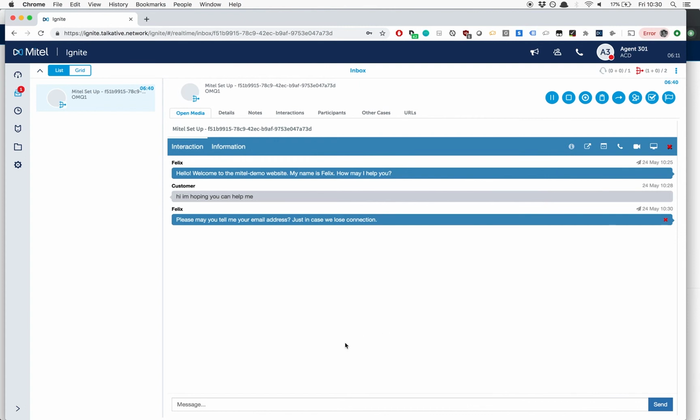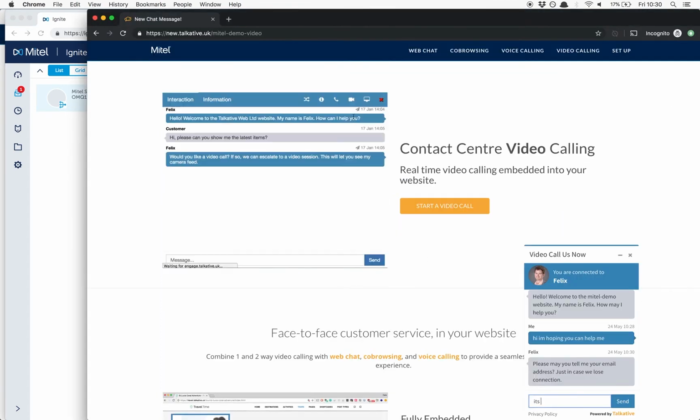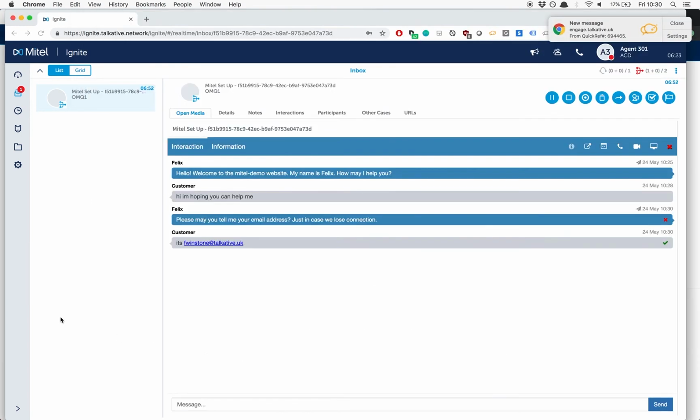So if we want to collect the customer's email, we click that and it will send through this message. Now when the customer responds, we just need to tick that response, and that will automatically save this email address to the interaction record, which is very useful if we're going to be appending this to CRM or appending it to other interactions that are related